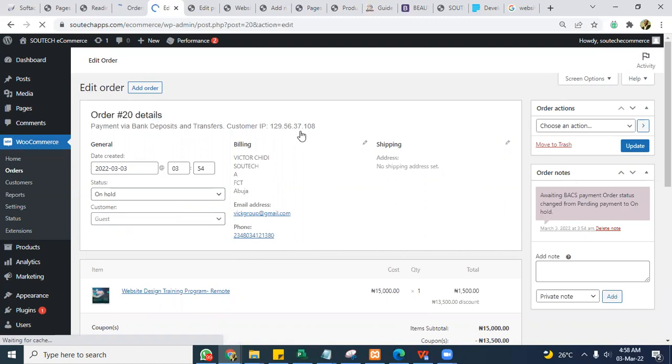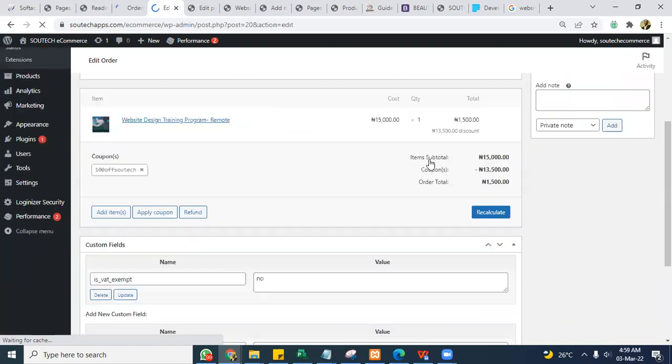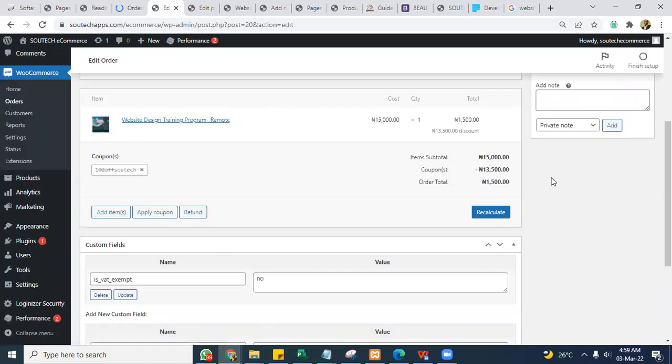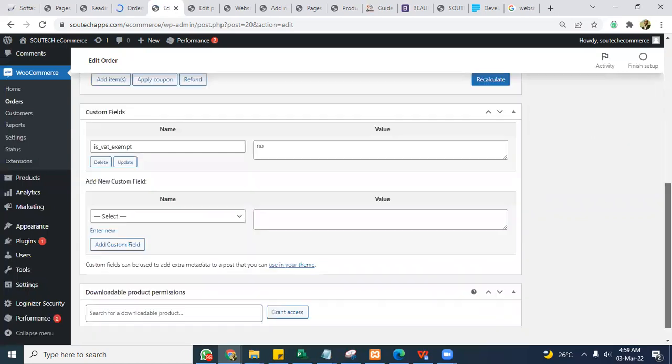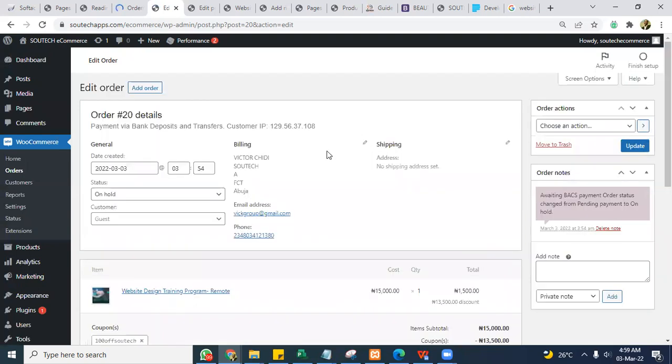Are you seeing payment was by bank deposit transfer? This is the customer's IP address. This is what the customer paid for. This is the coupon the customer used. So you get complete details about the order. So I want to encourage you, set up,